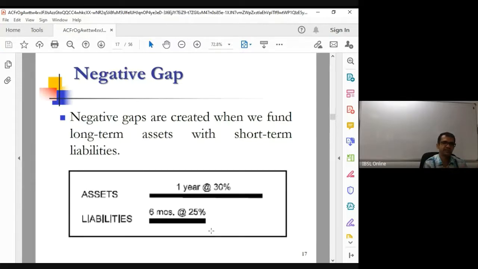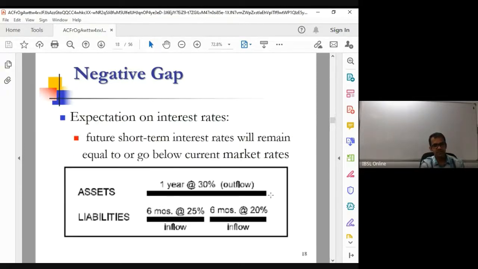You might have discussed asset liability, ALCO, and maybe transfer pricing. That's how you encourage customers to borrow or lend at different tenors. So it's your strategy. In this case, the bank has decided to borrow for a short period and invest for a long period. Why? You expect in 6 months time interest rates to go down. That is your expectation. When interest rates go down, you can borrow at a cheaper rate,